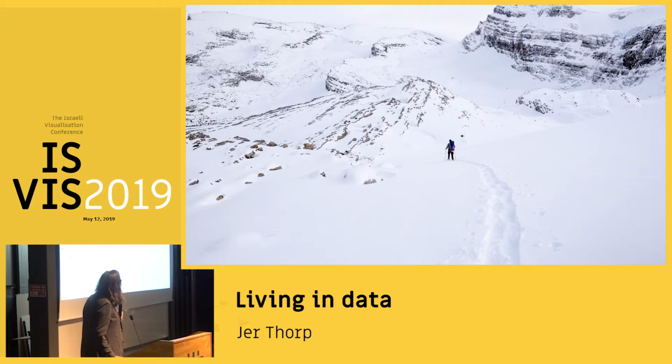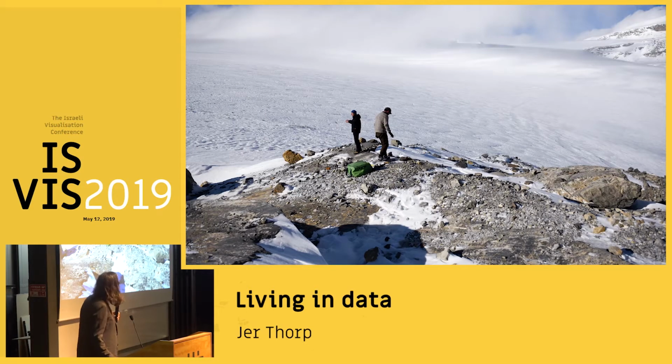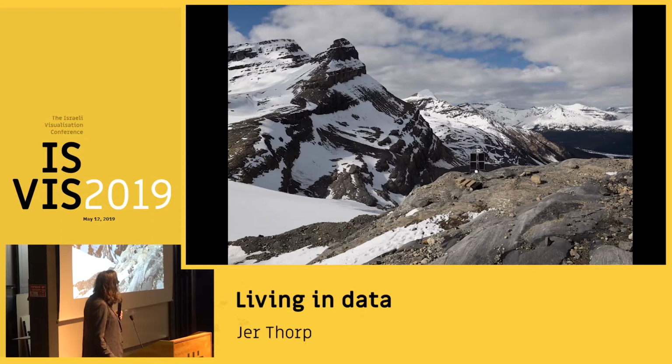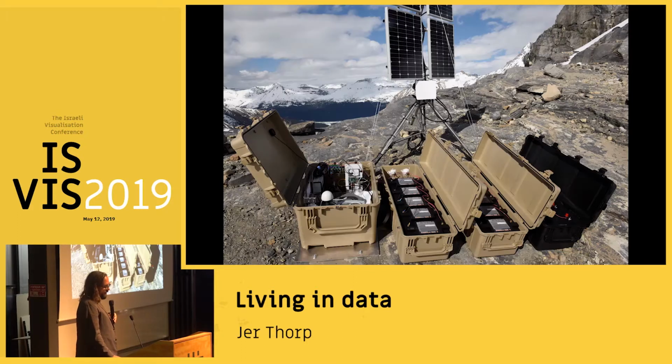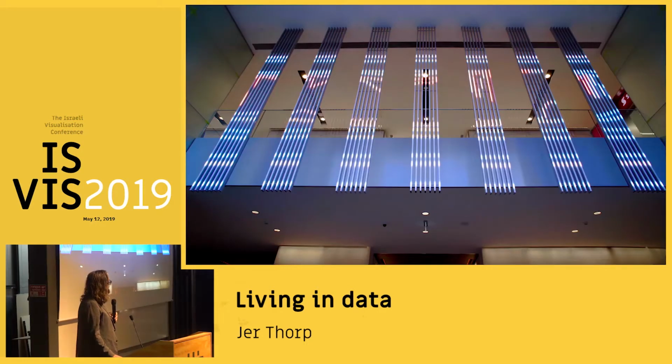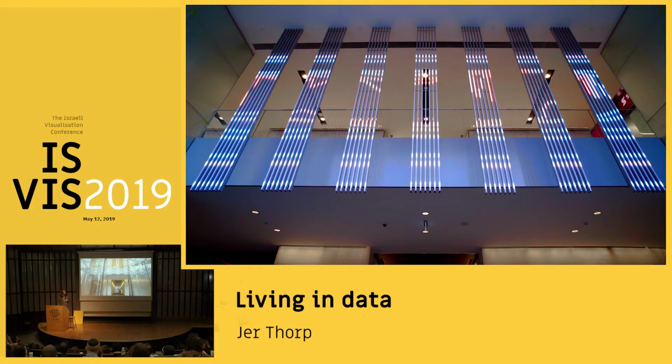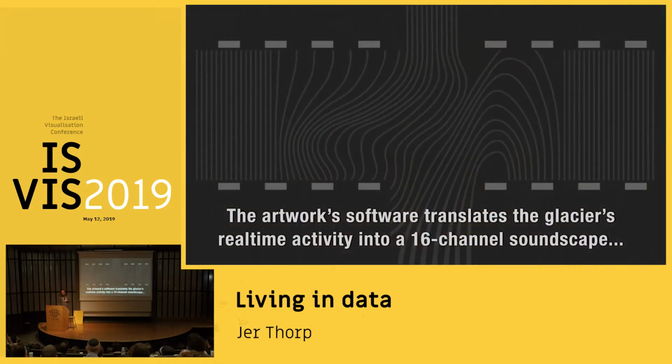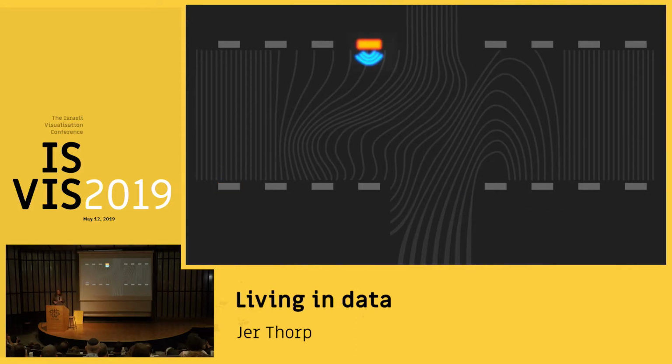We hiked up into the glacier and we installed a permanent sensor station at the edge of the glacier. There it is. I think it's pretty well hidden. And what that sensor station does 24 hours a day is it sends data via satellite, via radio bridge and then by satellite down to a public square in the center of the city, where it's turned into light in this 20-foot by 20-foot LED sculpture, and maybe more interestingly into sound in a 16-channel surround sound system that is around the plaza outside. So this gives you a little bit of an idea of how it works.